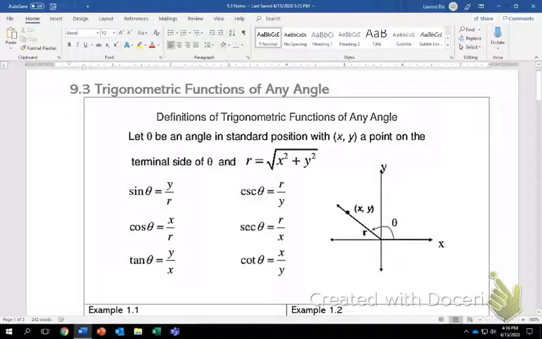I would definitely highlight this section where it's talking about the different way that we can look at the ratios. So in our previous sections, we reviewed that sine, cosine, tangent, we can describe the relationship of sine as being the opposite over the hypotenuse. But in this particular case, if we put it on a coordinate plane and we sort of imagine, if you will, a triangle